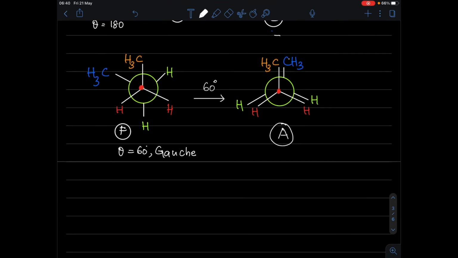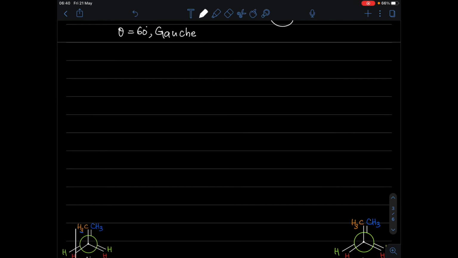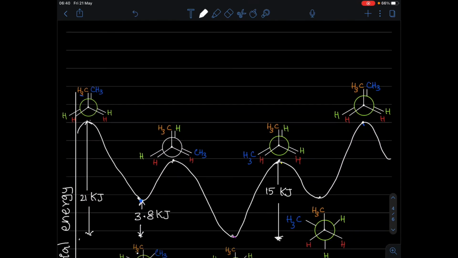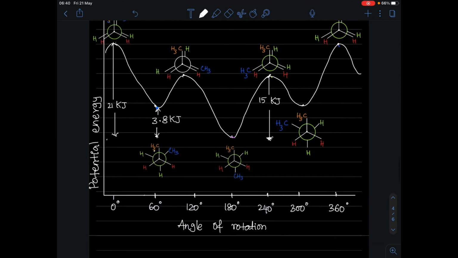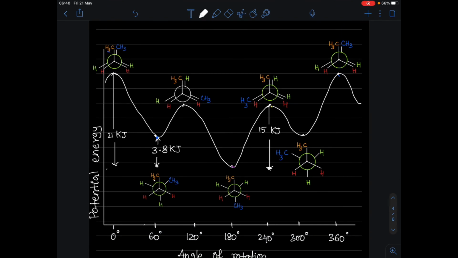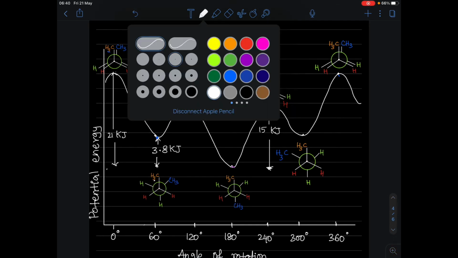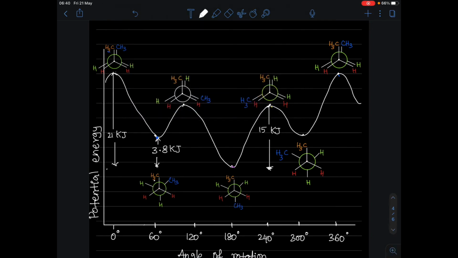So let us see graphically how the energy of the molecule changes as it gets rotated. We started with a completely eclipsed structure. The completely eclipsed structure has a large amount of energy, because the methyl groups are close to each other, so they experience a sort of repulsion. As the molecule rotates, for each and every degree, the two methyl groups get a bit farther away in space.